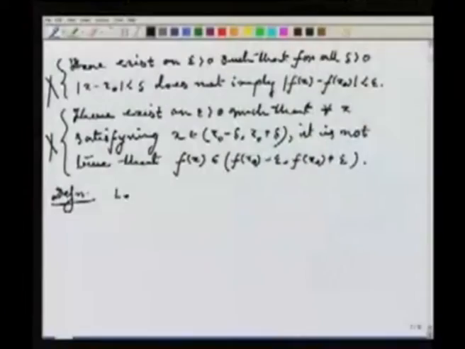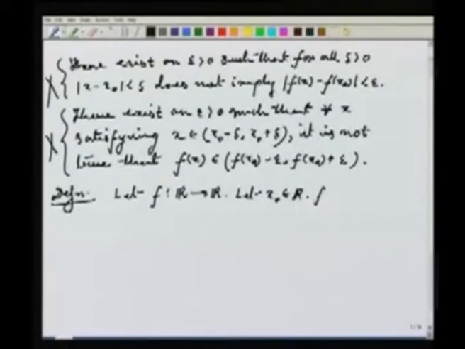Let f be a function from R to R. Let x0 be a real number. f is called continuous at x0 if